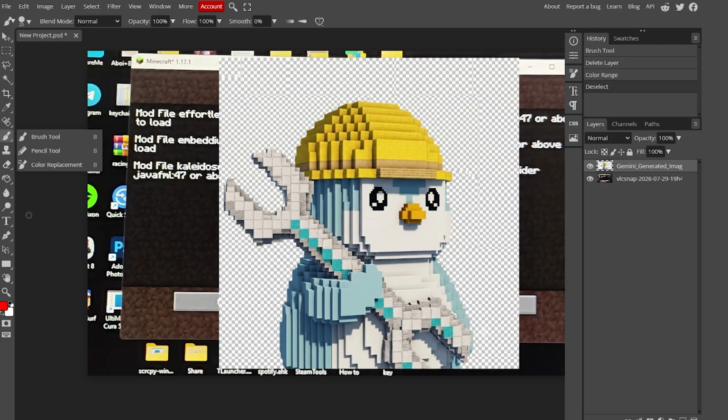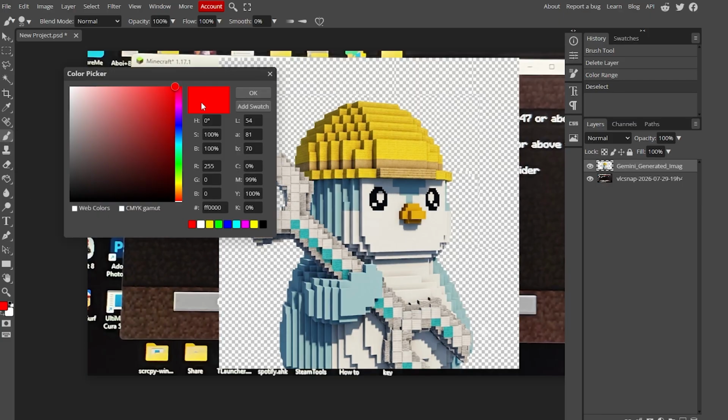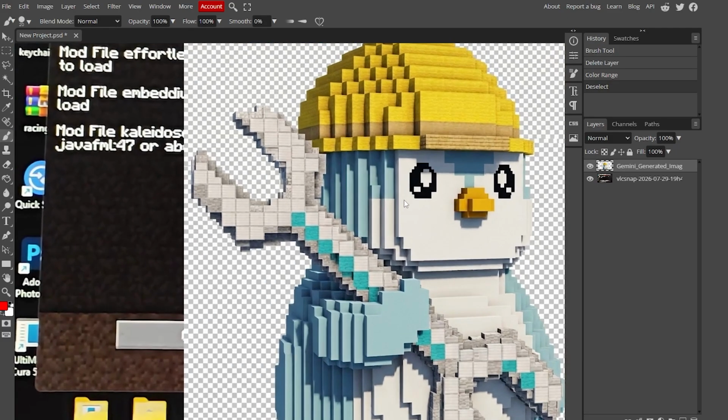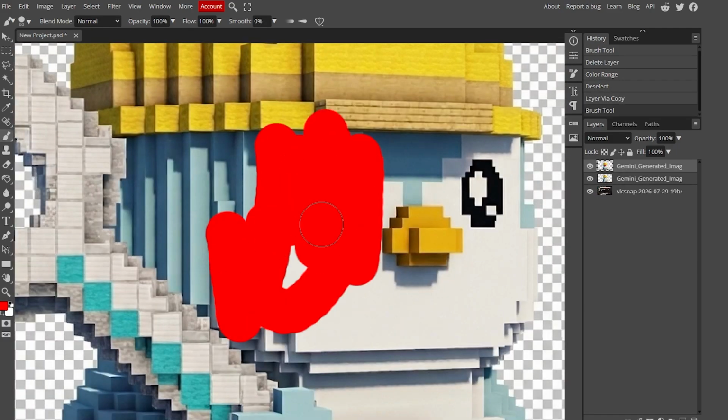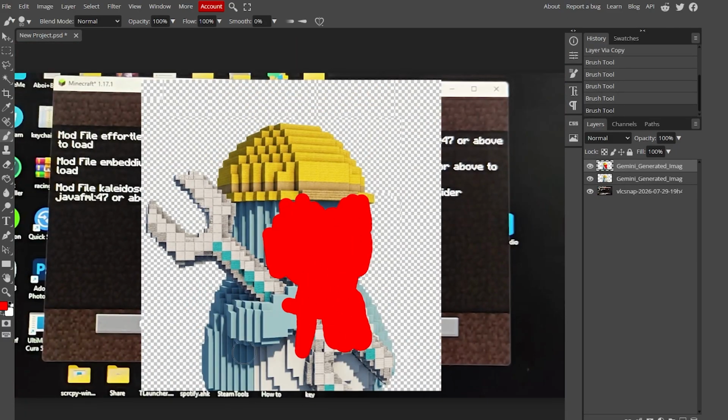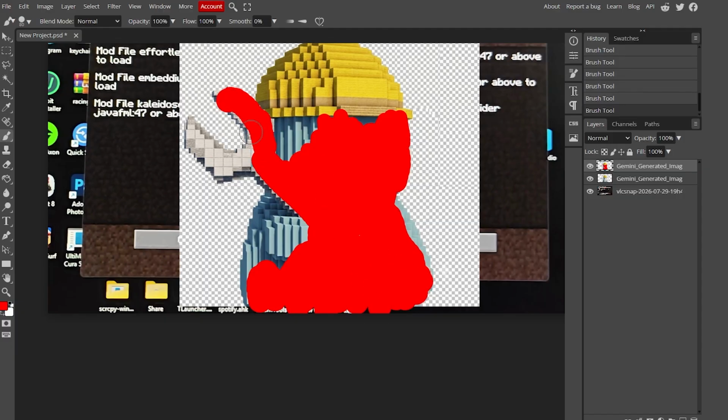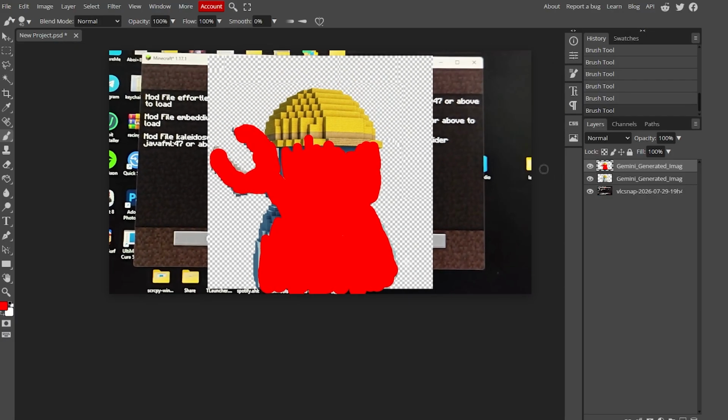Now grab the brush tool and paint over the white areas of your subject using a bright red color. It looks a little strange, but here's the reason. The white parts of the subject are blending in with the checkered box. By temporarily replacing those white areas with a color that doesn't exist in the background, Photoshop can separate the subject